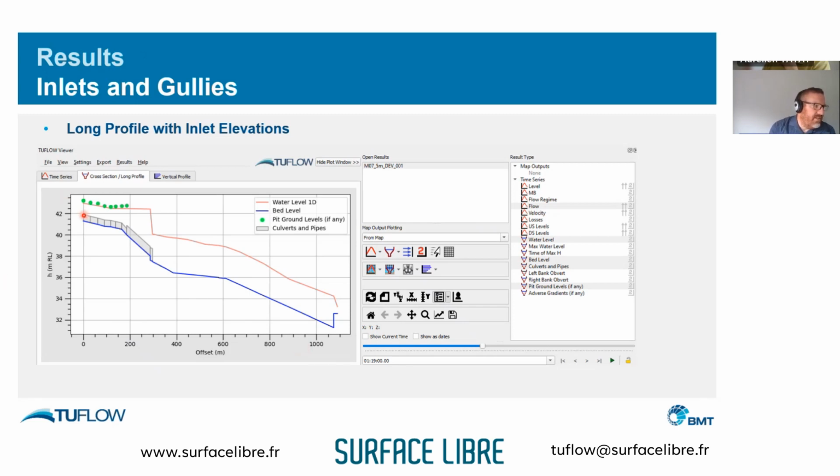So we can see in this instance, we've got the pipes represented in gray. The blue is the bed level. So this actually drains into a river channel, and then we've got a weir at the downstream end. We can plot the time varying water levels, but what we can also show is the pit ground levels as well. So we can quite quickly see which of those pits should be inundated or discharging, flooding, essentially, and we can start to identify those